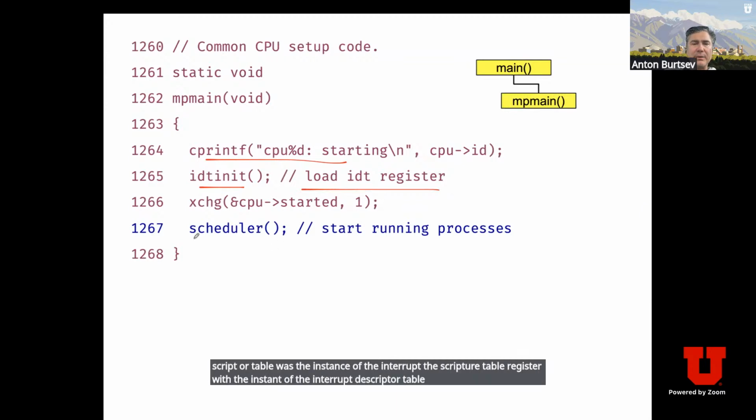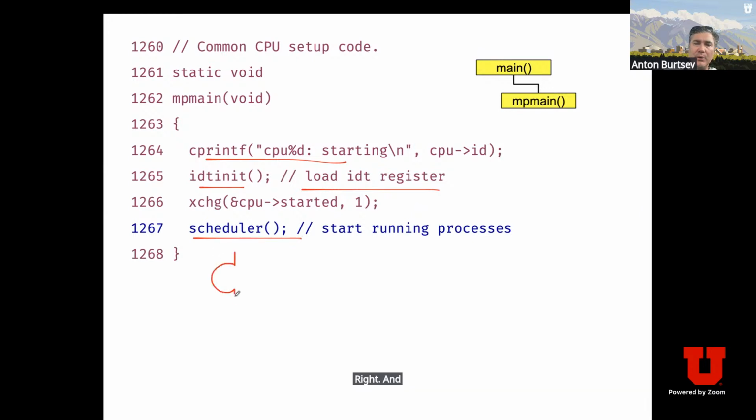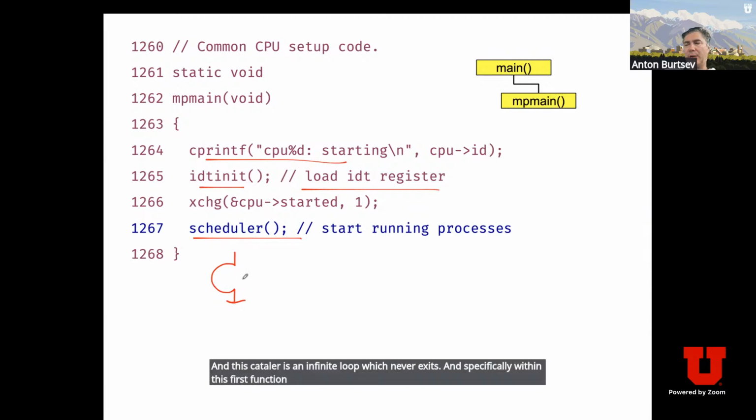And then eventually it goes into this scheduler, right? And this scheduler is an infinite loop, which never exits. And specifically within this first function, x86 will maintain a list of processes. And this list of processes essentially,